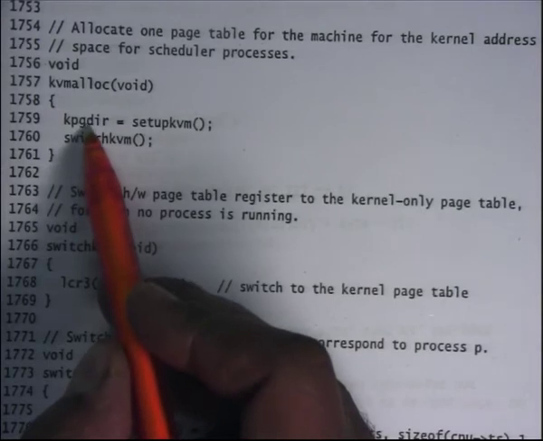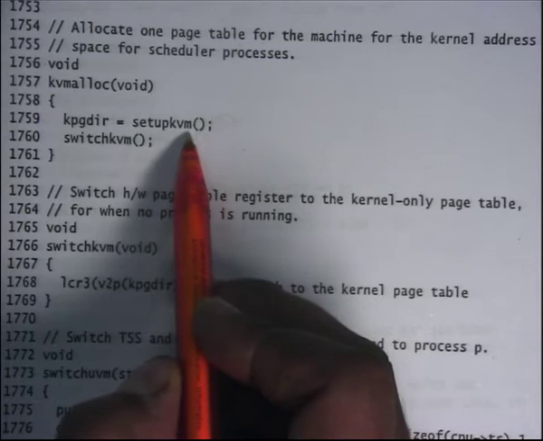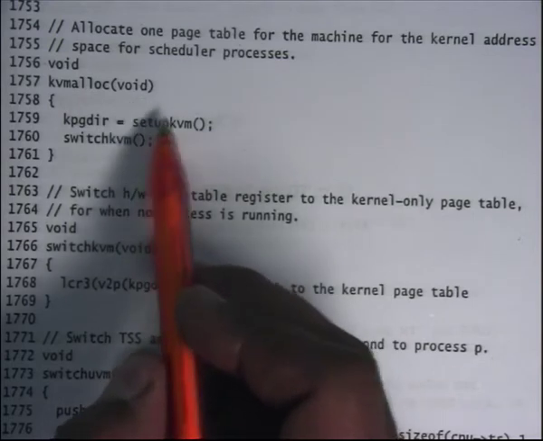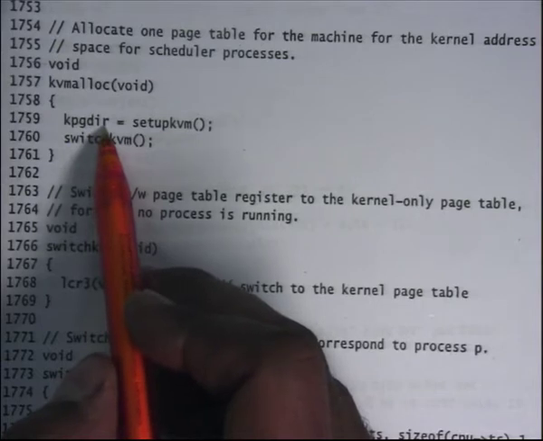So the kvmalloc function is just 2 lines. It calls a function called setupkvm. This is going to initialize a new page dir, kpgdir, which will have this address space mapping, and it's going to return a pointer kpgdir to that particular page directory, okay.